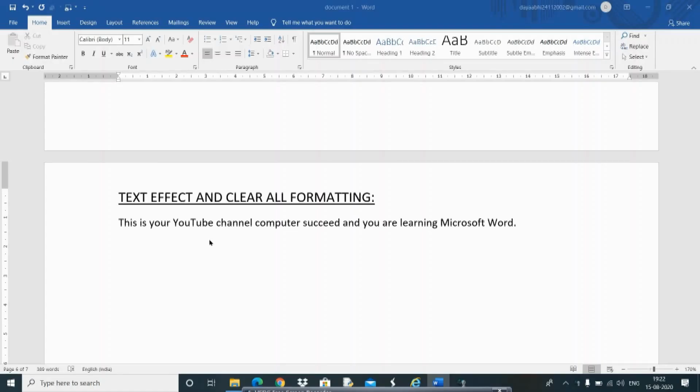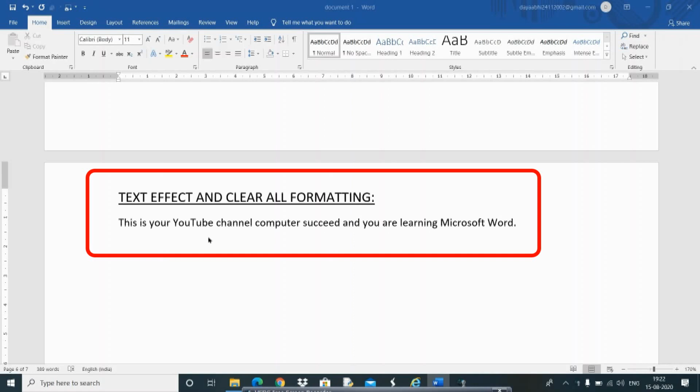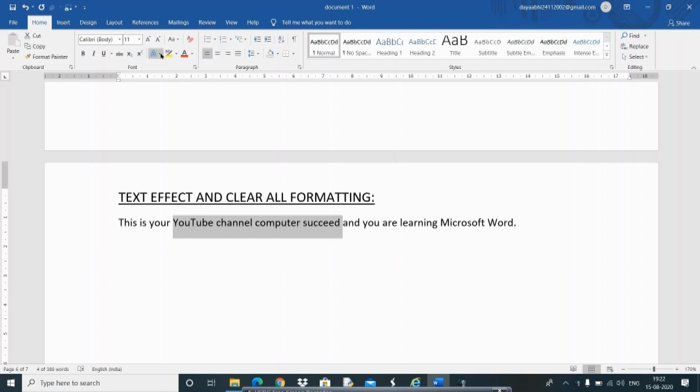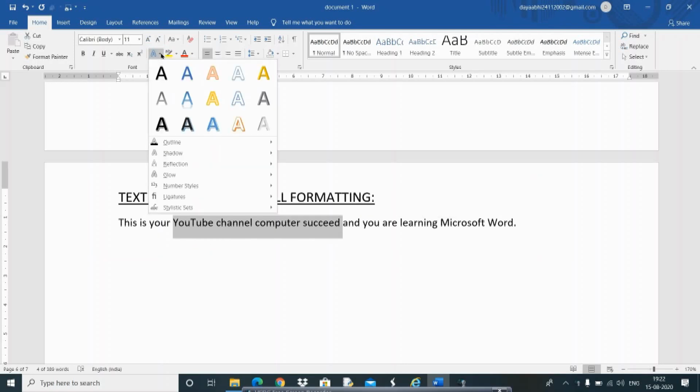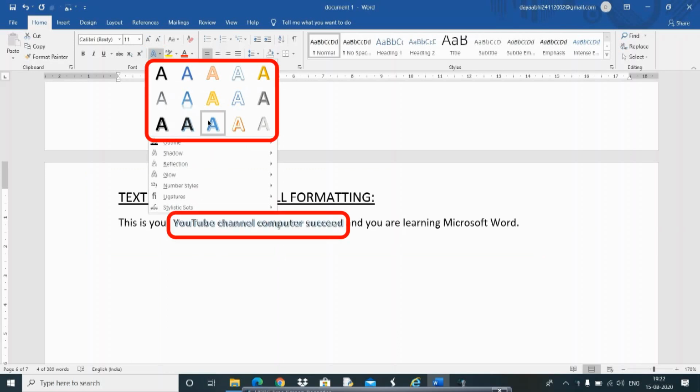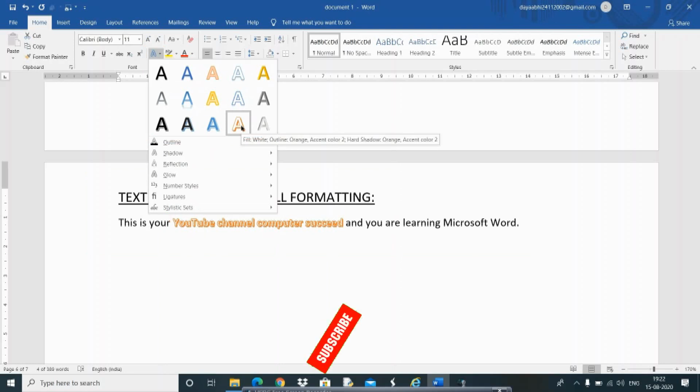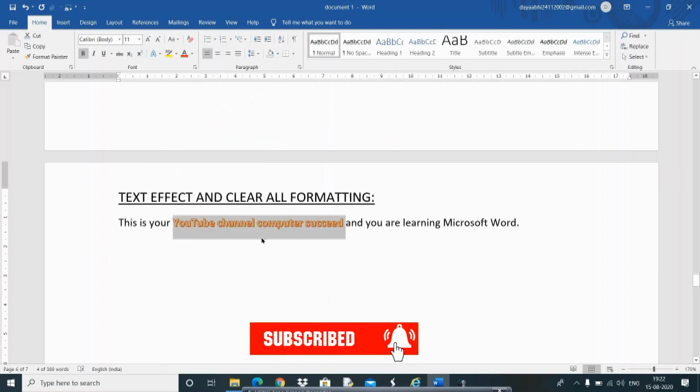I'm going to show you how to utilize text effects. Text effects allow you to change the way text looks with quick options like outline, shadow, reflection, glow, etc. So we are going to select these words right here. We go to the text effect button, and from here you can see the way the text will change just by hovering over the different effects. And when you pick the effect, it's done.